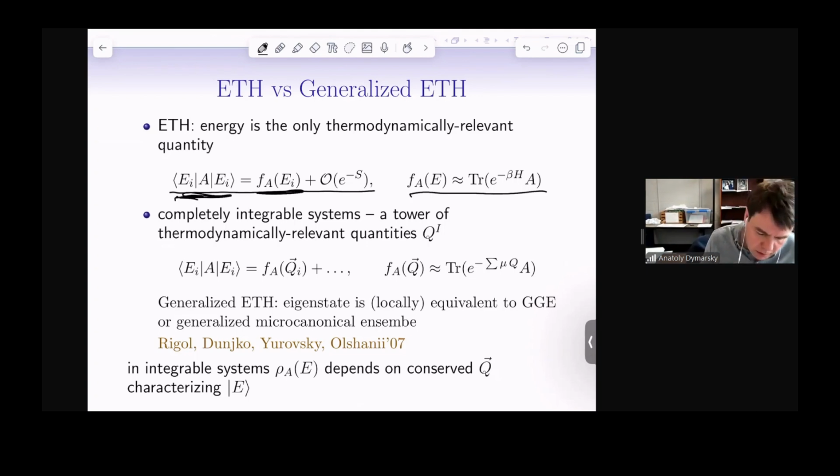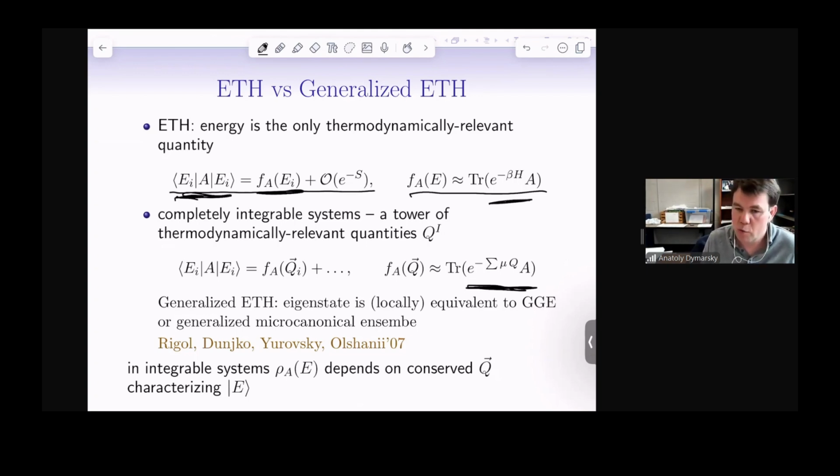What will happen? From here, you can conclude that if it applies to all operators A, then your individual energy eigenstate is thermal. What will happen if your system, let's say a spin chain, has many conserved quantities, an extensive number of conserved quantities? All of these quantities are conserved, not only energy. Energy is one of them. I will call those quantities Q. Energy will be Q1, but there will be a tower of extensive quantities. If they're all conserved, whatever thermalization you're expecting to occur, it will not change those quantities. So your thermal ensemble cannot be just the conventional Gibbs ensemble. It has to be something like a generalized Gibbs ensemble, where you have an exponent with all the chemical potentials